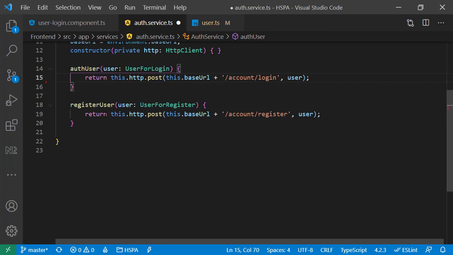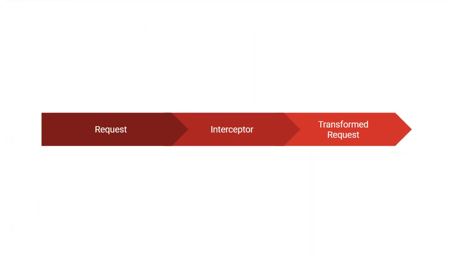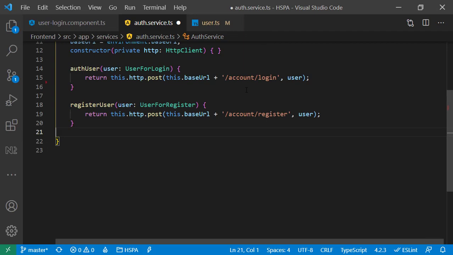Also, if something needs to change with the way we handle errors, for example, suppose later we decide to log all the HTTP errors in a database, we have to update each and every component or service if we follow this approach. Angular provides HTTP interceptor to intercept all HTTP requests and responses to transform or handle the error before passing further in the chain. We can use HTTP interceptor to create a global error handling middleware, just like we had created in our Web API to solve this problem.